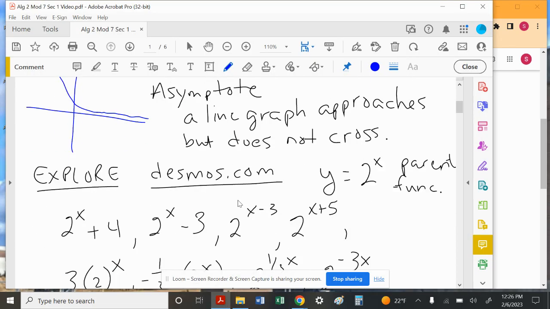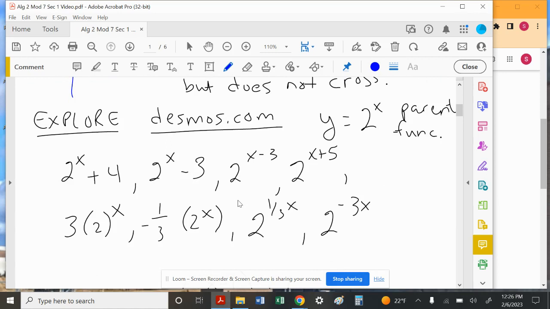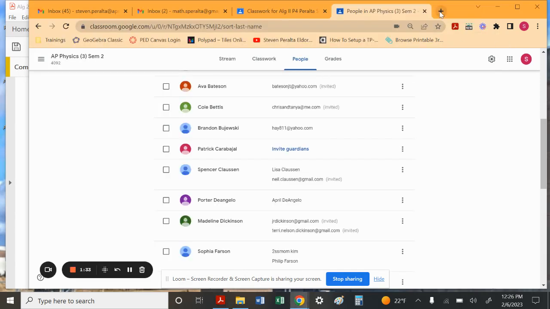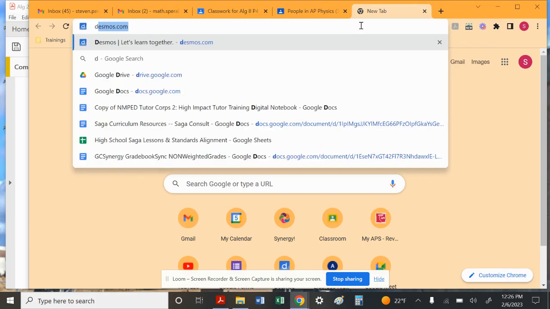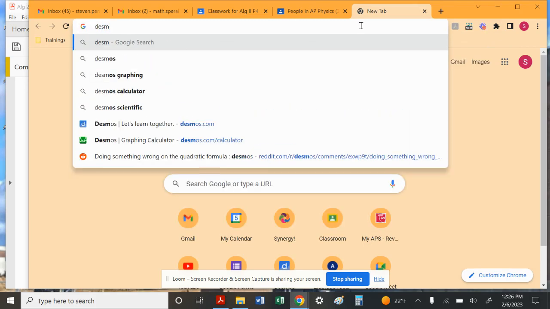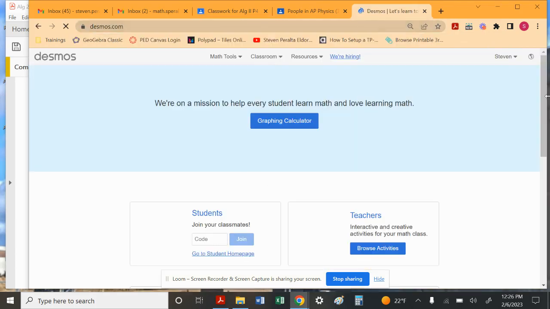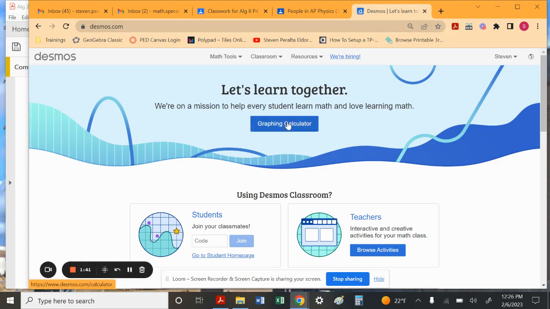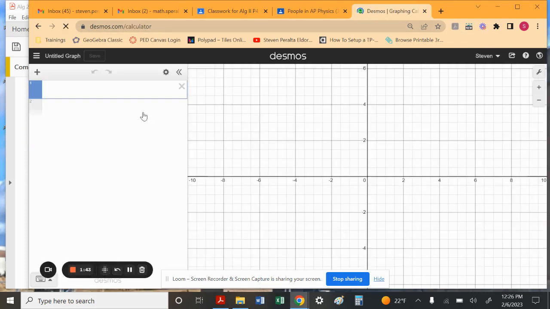Okay, so now what we want to do is explore some of these functions and see what happens. So notice that we have y equals 2 to the x, which is my parent function. And if you take a look at that on Desmos, you will see how that function actually looks. So going in and logging into the graphing calculator, and we do y equals 2 up arrow x, and you can see how the function